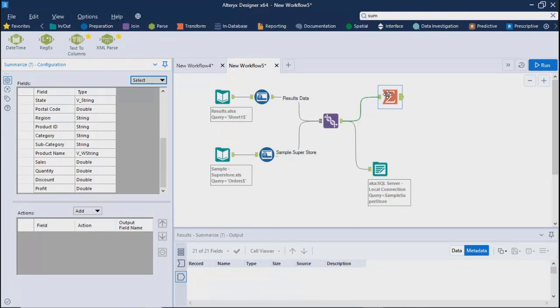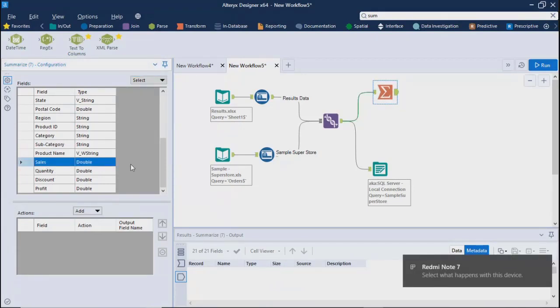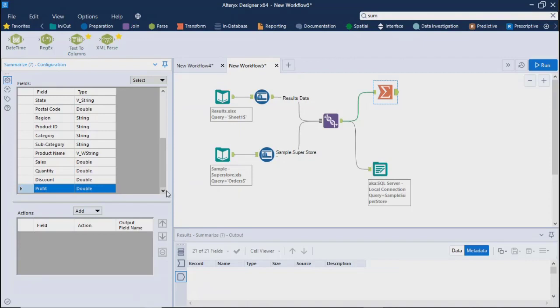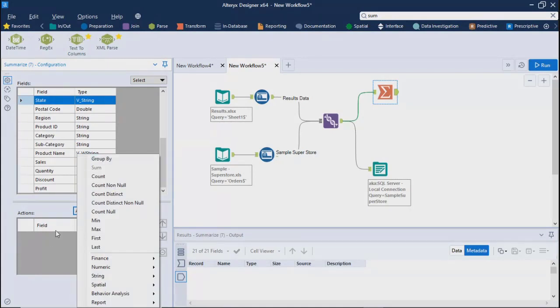Now we'll go ahead and apply aggregation on fields like sales and profit. But as you said, like group by, it has to be group by based on some fields. So what I will do, I'll go ahead and take maybe state, we'll say add.